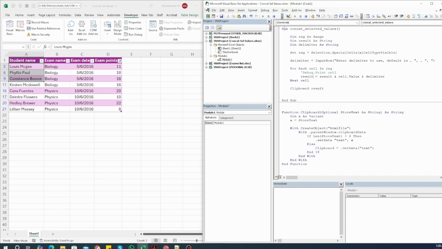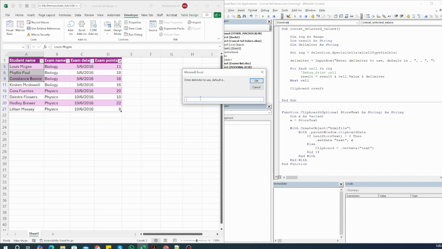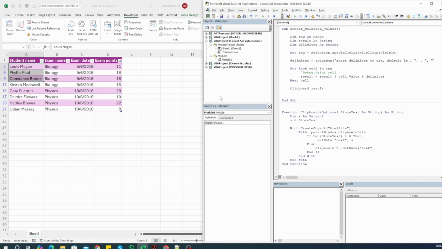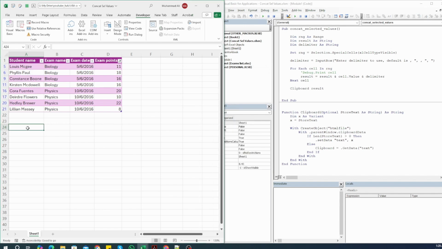Right. So let's test our code and see if we have the correct value that is being printed to the clipboard. So let me run the macro. I can keep this selected, that's fine. We have it copied to the clipboard, so let's paste it here. Okay, works good, but we can see that we have a comma space at the end, which means that we need a way to figure out and get rid of the comma space at the end.